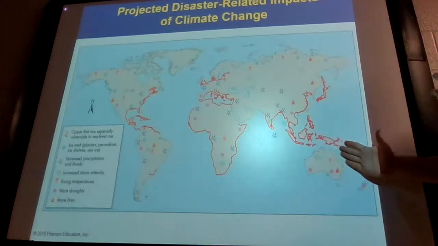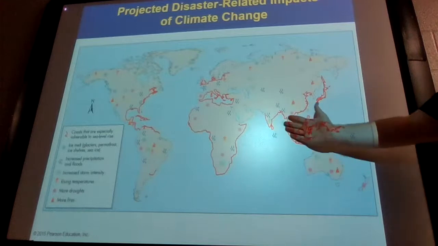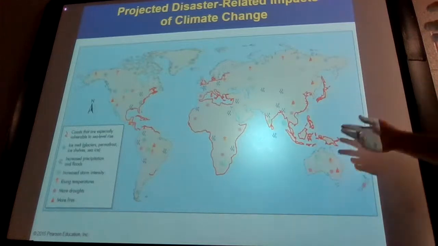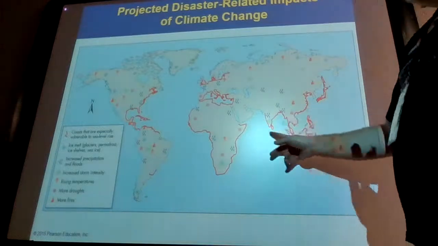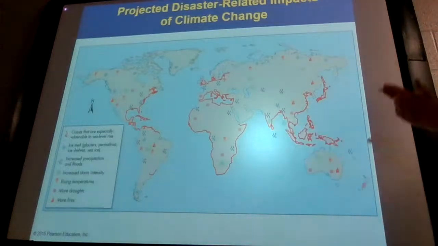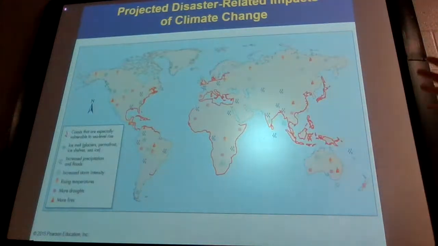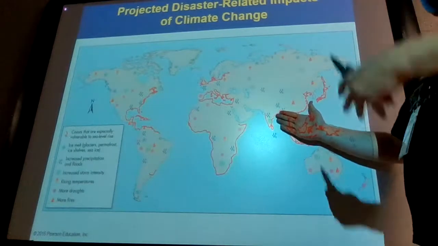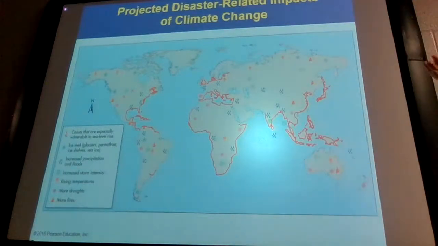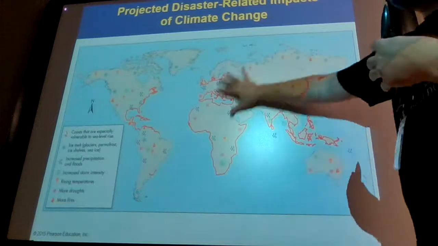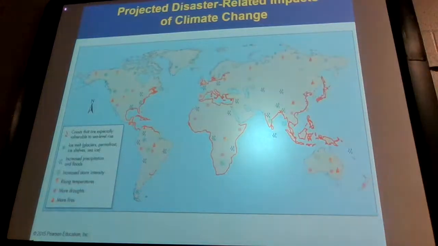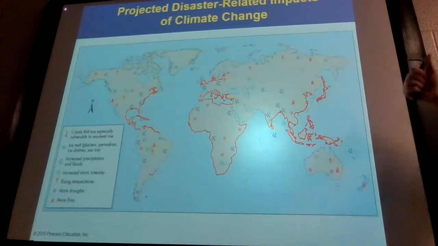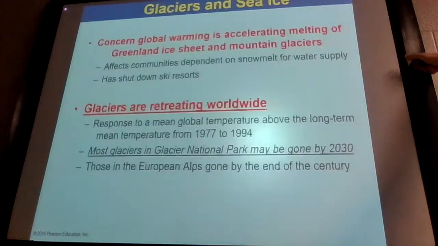These islands, you have very little available space for someone to just plop a house down and relocate their life. Same thing with India. Your cities are very packed here. Population density is maxed out. Their ability to just pick up their belongings and move down the road is extremely limited. And so they're going to have to spread out into different countries. The movement of people is going to be the biggest effect, I believe, of global warming.